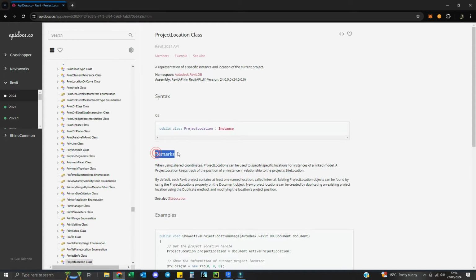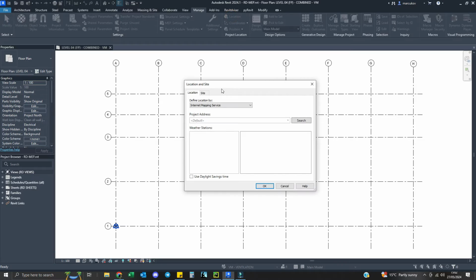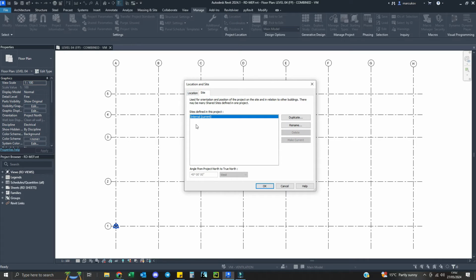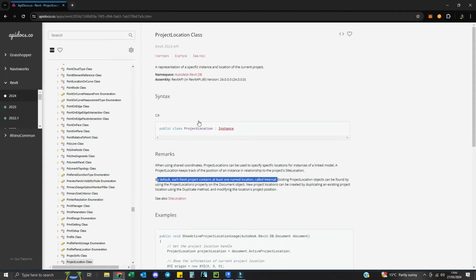And under remarks, I can see that by default, each Revit project contains at least one named location called internal. So if I go to Revit, Manage tab, and click on location, go to site, I think they are talking about this right here. So if I go back to Revit API docs,